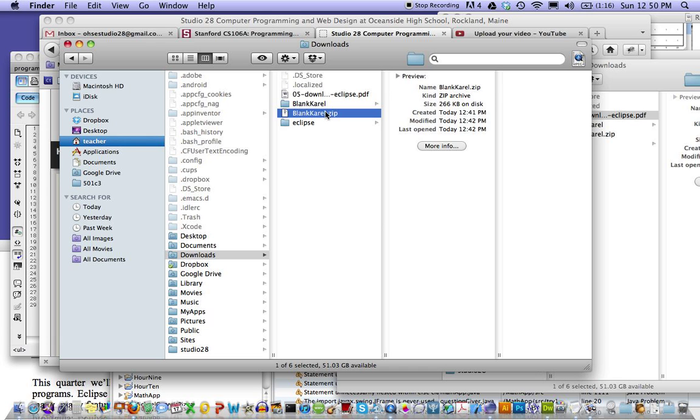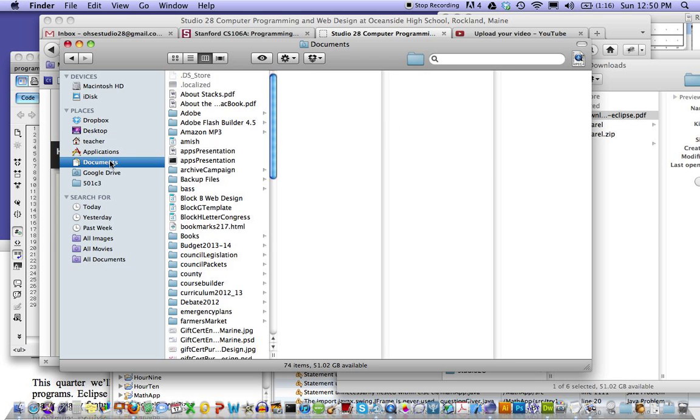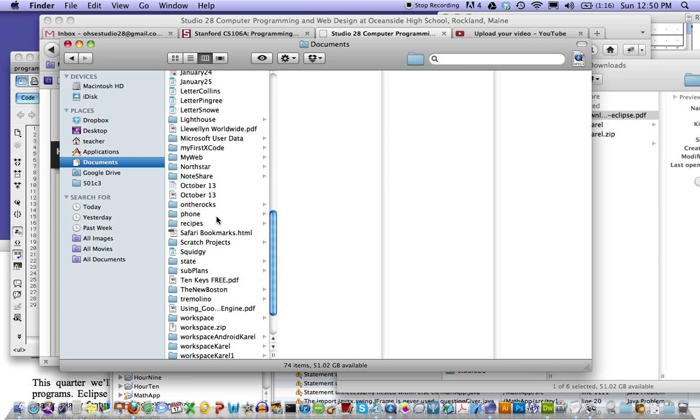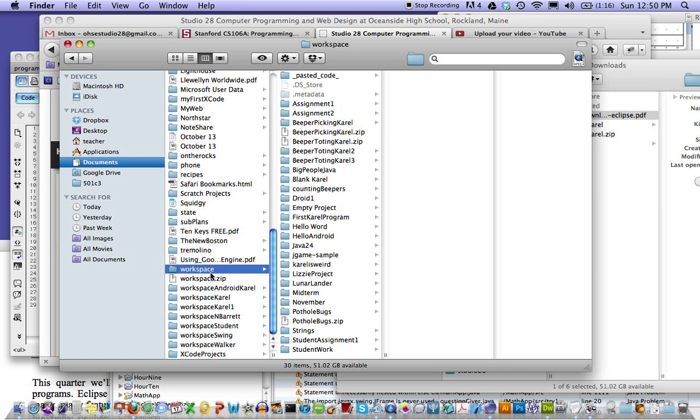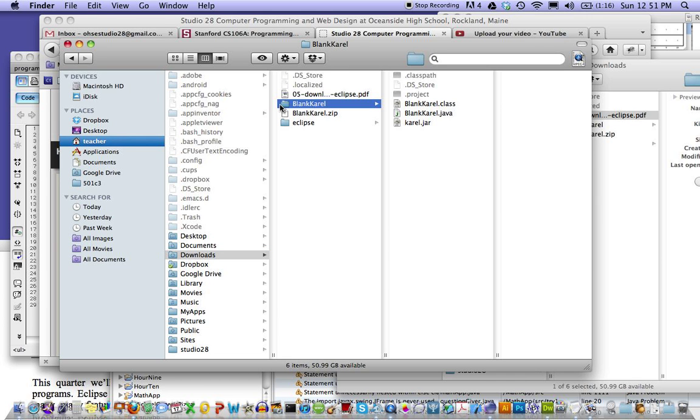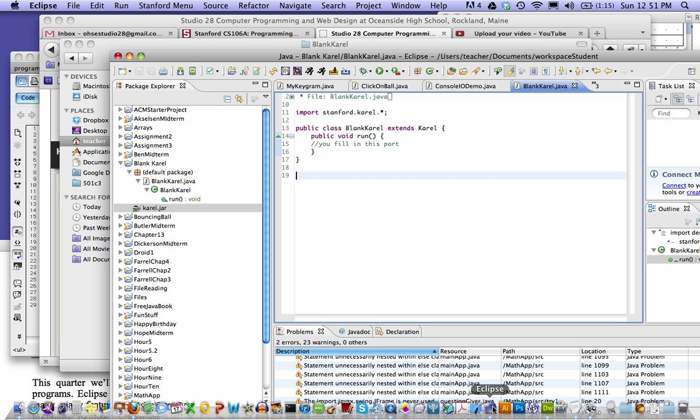and it's right here. In this instance, I'm going to ask you to double click it and unzip it right in your downloads folder, because through the process of importing it into Eclipse, it's going to automatically copy into your workspace folder, which is in Documents and Workspace. Alright, so once you have the blank Karel unpacked and in your downloads folder, just head over to Eclipse, and I've already got it in here, so